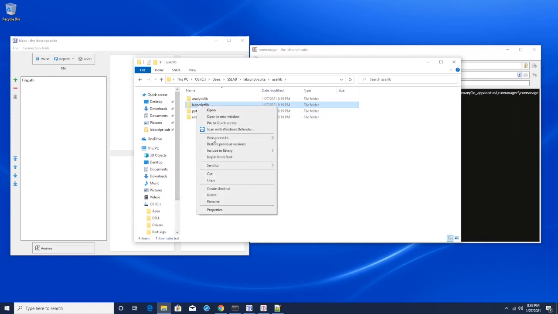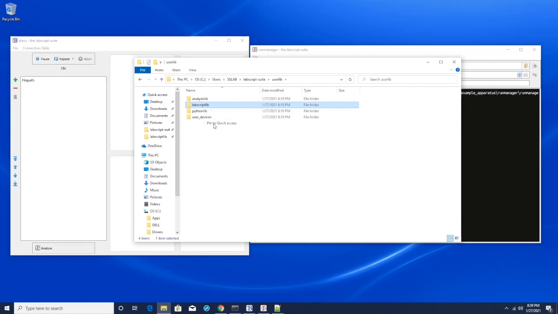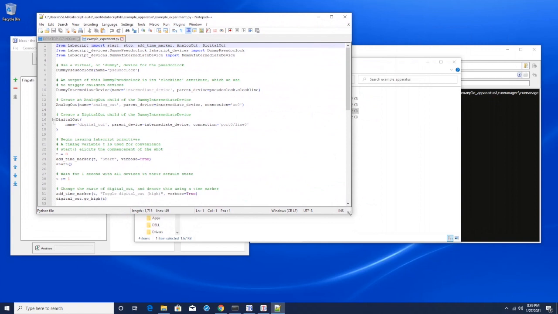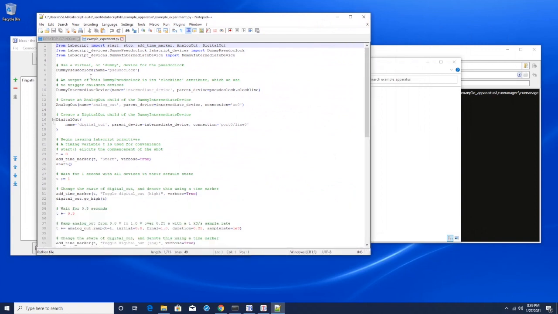Did I do that? Pin, not from start, quick access, here we go. And example apparatus. And then we're going to want to run this example experiment.py. If we want to look at what that looks like, we can open that up. And you can see it has some